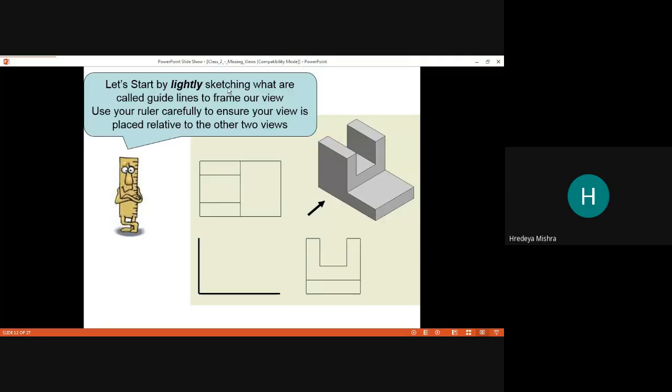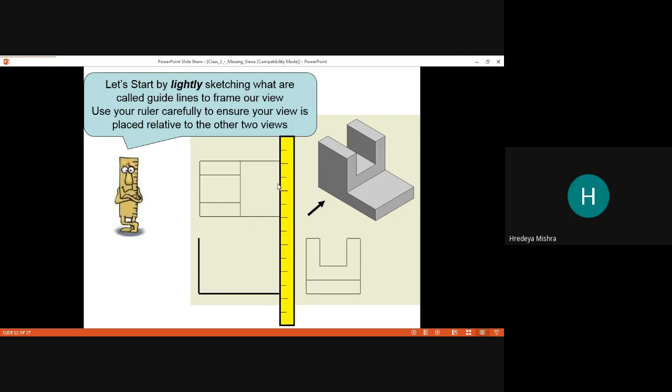Let's start by lightly sketching guidelines to frame our view. Use your ruler carefully to ensure your view is placed correctly relative to the other two views. So here we can draw this start line. Now we put the ruler.